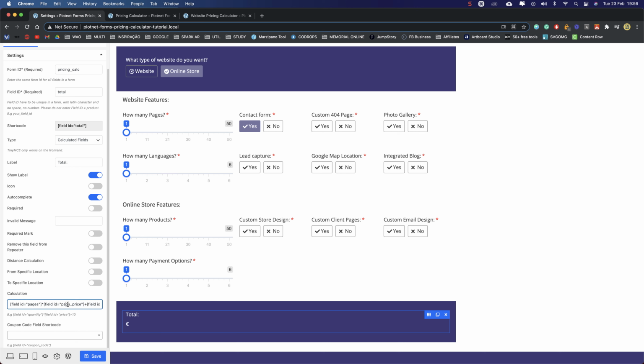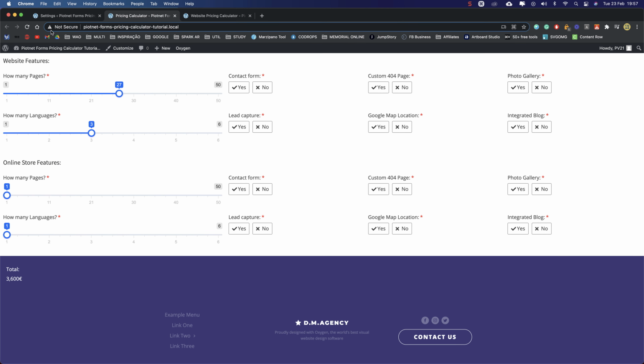Let's add that again. Let's go to the end, copy this and paste. This will be payment options, and in the end will be payment price. Payment price. Let's save this and test it out.